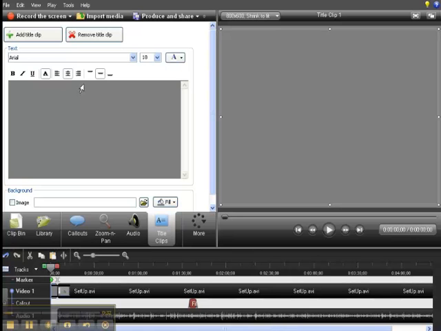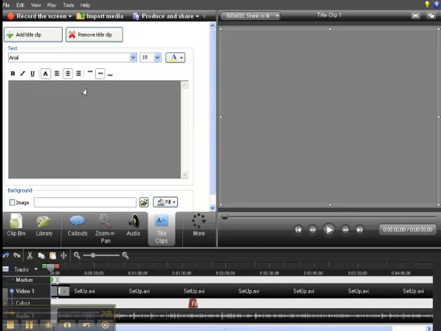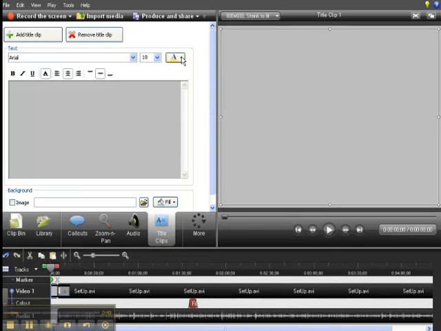Now, when you work with title clips, you can make sure that you've got a certain color for the written work, and you can make sure that you've got a different color as your fill color, so you can choose to have a different kind of fill color. And then all you need to do is to click, and I'll just click onto the black, into the area here, and then write, this is your title. That will be your title, and then you simply will notice that an area has been added,